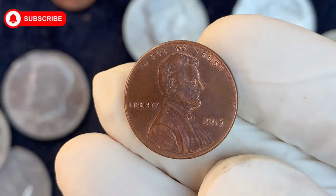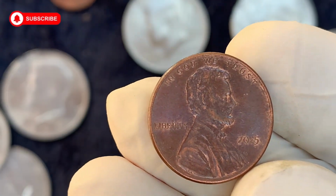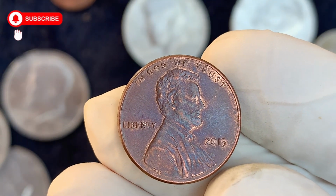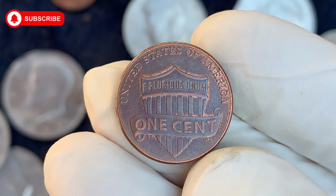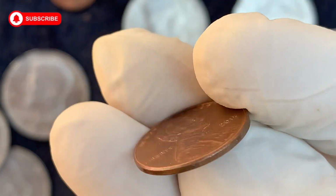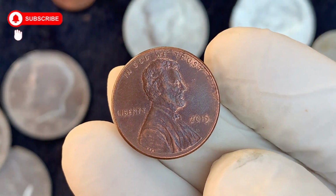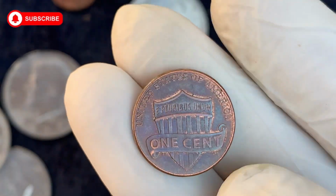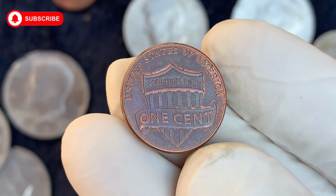Finally, let's explore our third featured coin, the 2015 Lincoln cent. This very modern penny might seem too recent to have any significant value, but there's a particular variety that has the numismatic world genuinely excited. I'm talking about the 2015 Philadelphia cent with a double die obverse that ranks among the most dramatic modern minting errors. The 2015 double die cent was first discovered in early 2016 when a collector in California noticed unusual doubling